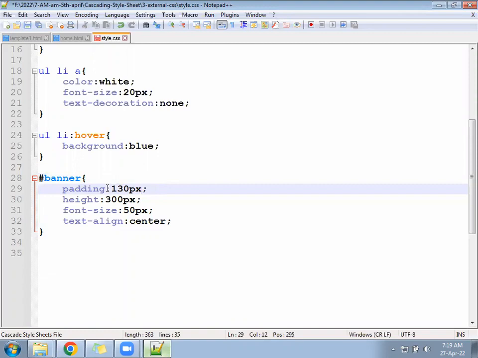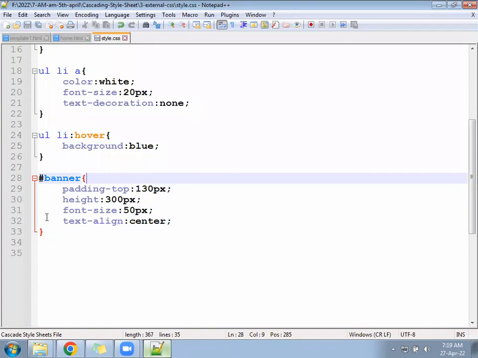Simple padding-top is okay. Padding-top 130 pixel. Left and right, we have already given center, so the text will come in the center. From the top it will leave 130 pixel, and after that